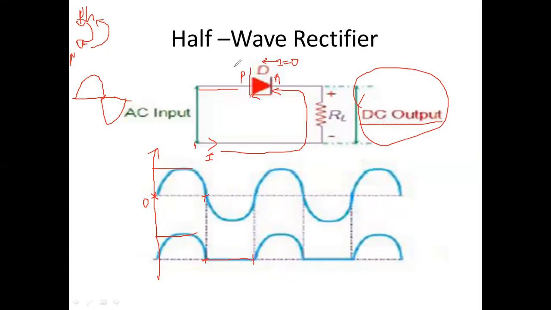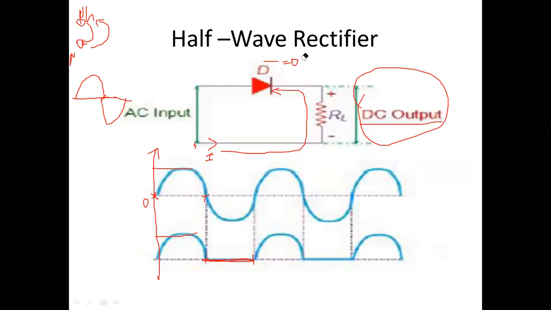First the positive half cycle, anode to cathode, it came over there. But for the negative half cycle, the diode acts as an open circuit. It will block the current, so it will act as an open circuit. High resistance will be created. It will not allow the path to flow the current here. So what will happen? The output voltage or current will become zero. The DC output will be zero for the negative half cycle. Next, the positive half cycle will start again.